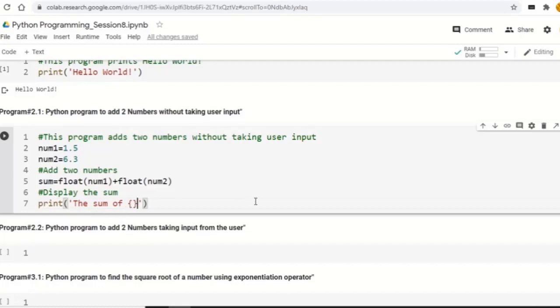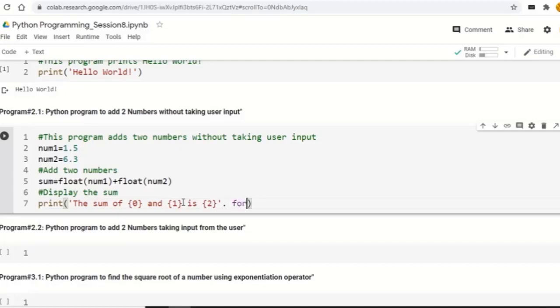braces and braces is, so here we need to use the indexes 0 and 1, known as placeholders values, is this 2. So in the first position we are going to write num1. In the second position format function is to be used.